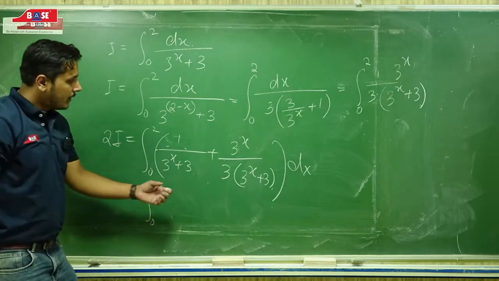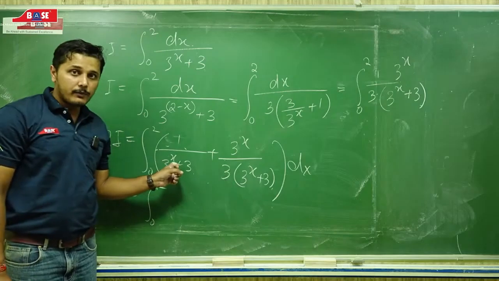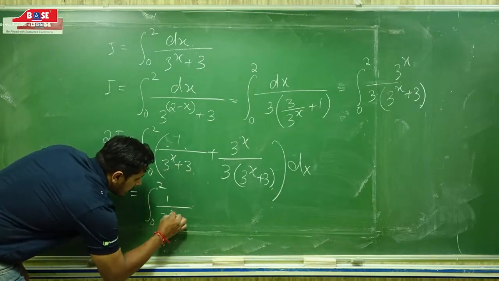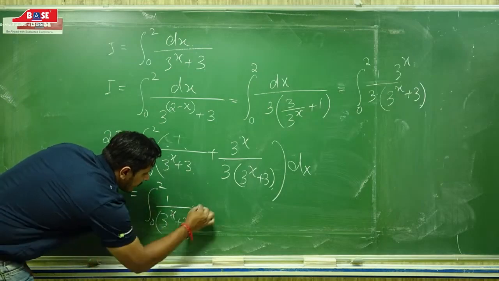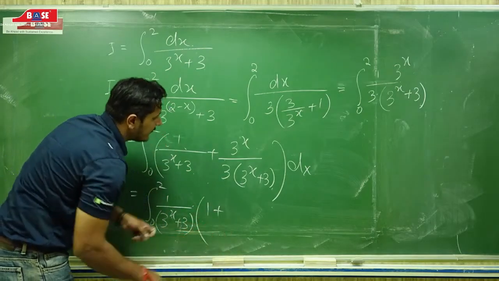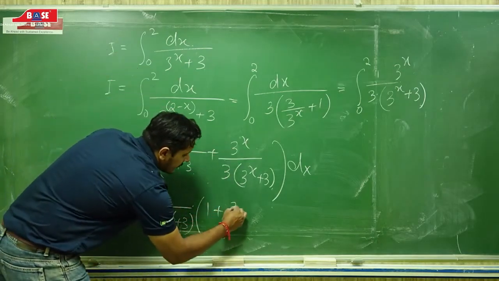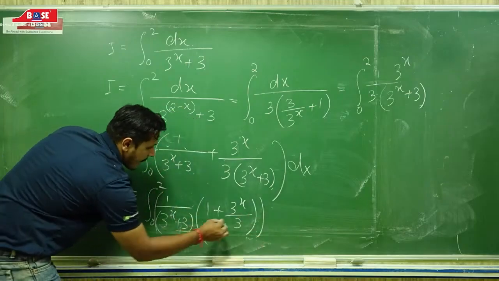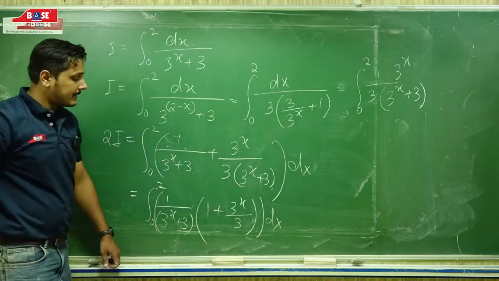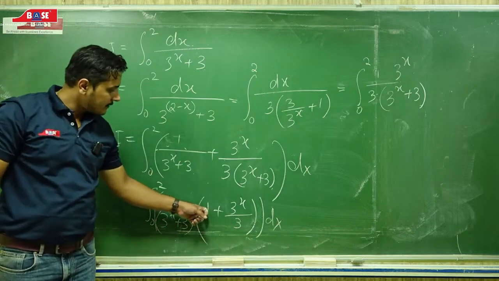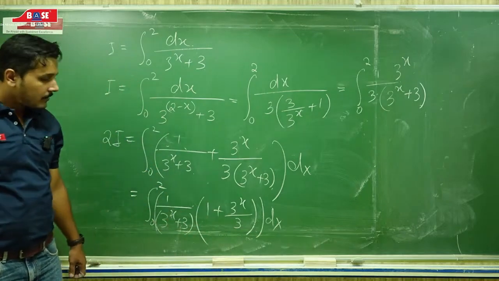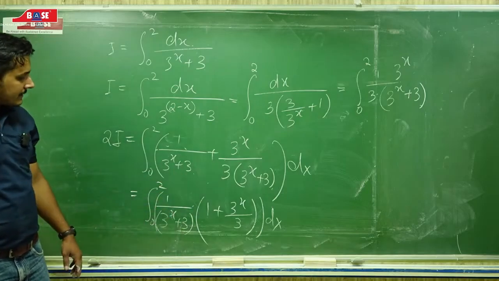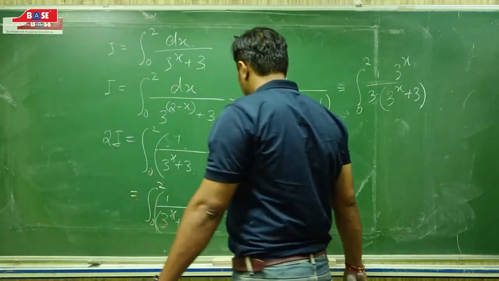0 to 2. Now from the denominator, 1 upon 3 power x plus 3 is coming common. So at this place 1 will be left, and here we will be left with 3 power x by 3. Again this is dx. If you take LCM, this will become 3 plus 3 power x, and this is 3 plus 3 power x, both will get cancelled. So we are left only with